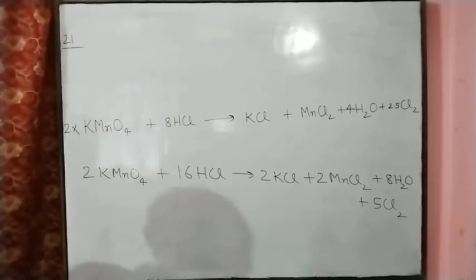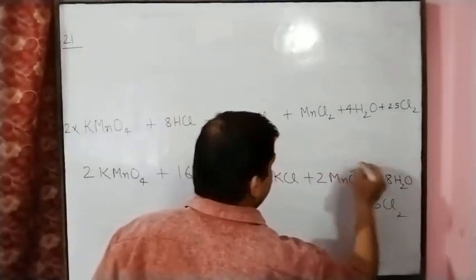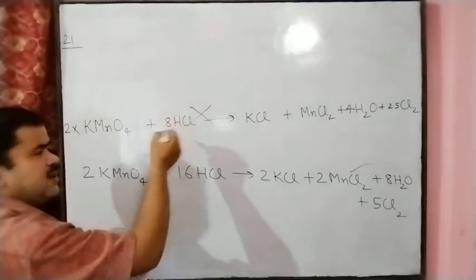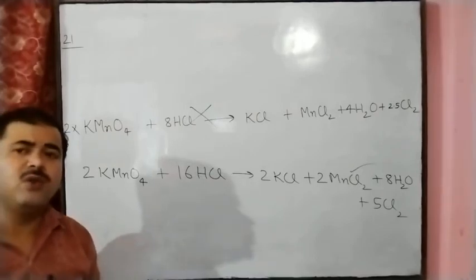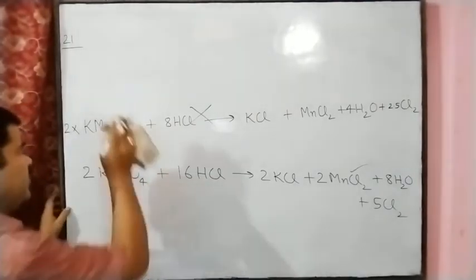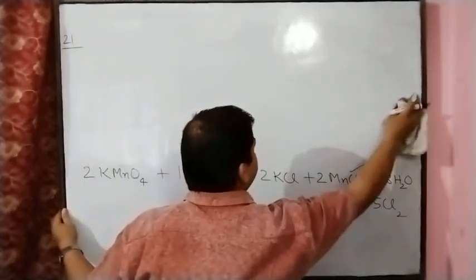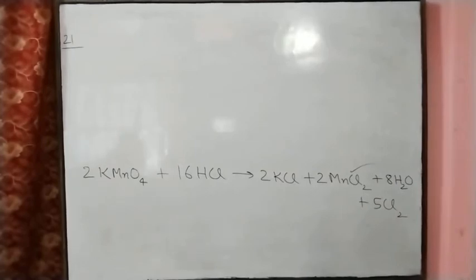So by this you can easily understand. You only have to write the second equation. Do not write the first one, because it is only the trick and the rough work. In the second equation you have to write the chemical equation in whole numbers. You will take the second equation.